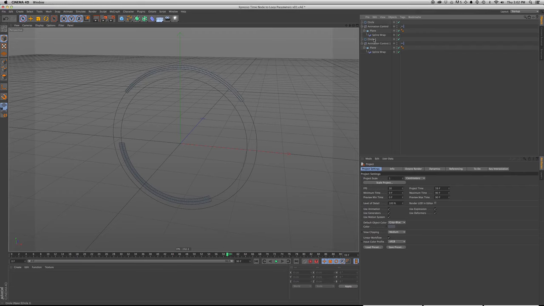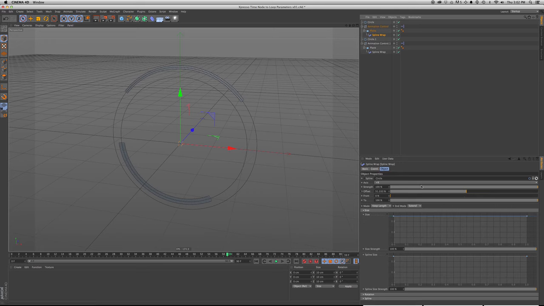Today I'll be talking about how to loop attributes such as this in the spline wrap on the offset. Commonly we will spline wrap something, maybe a circle, and we'll have that object that we're spline wrapping on the spline to loop or just to animate. Sometimes it's a hassle to animate it manually if we want it looping. So with this